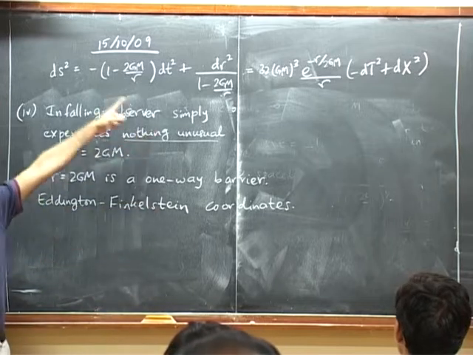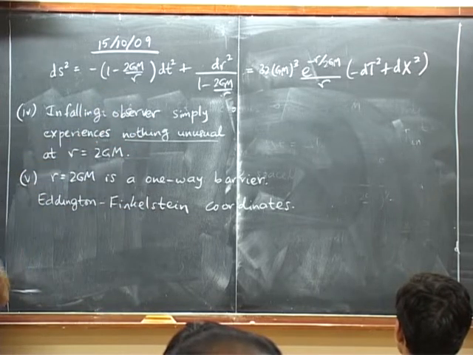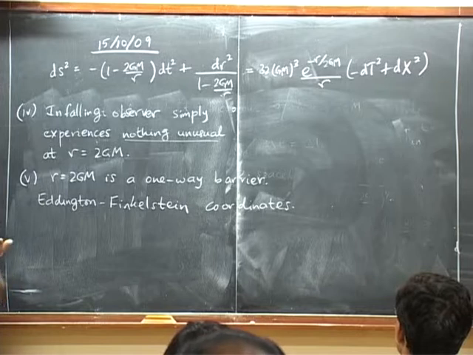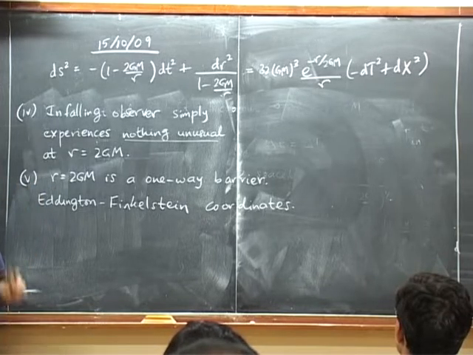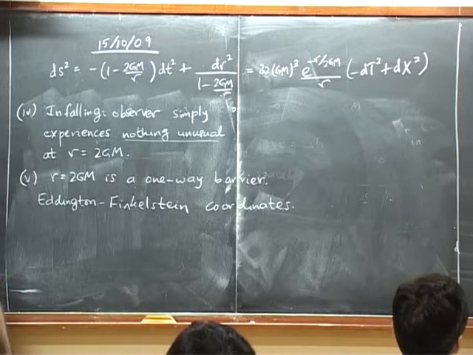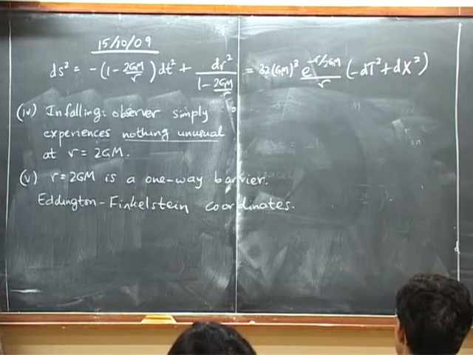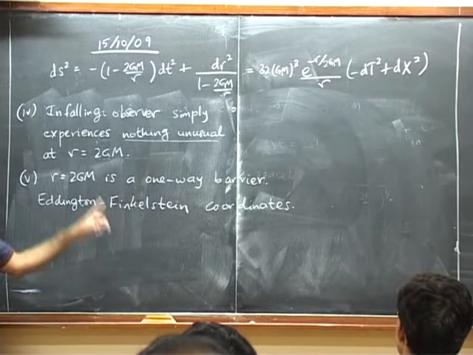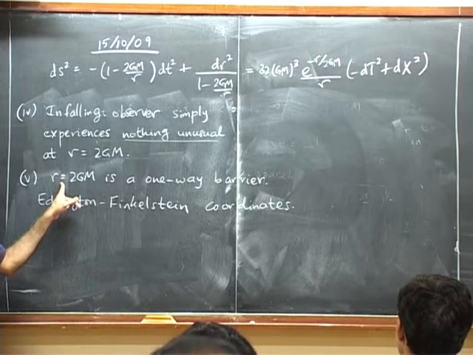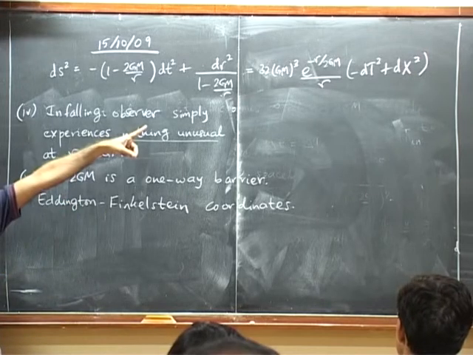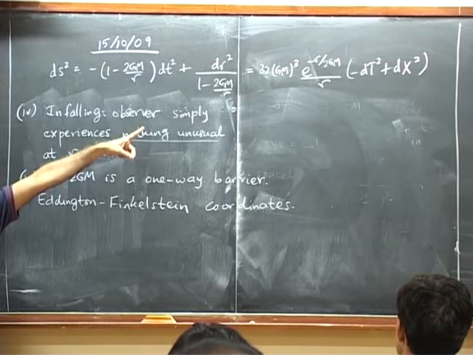To get to Kruskal, we actually eliminated R and T in terms of two null geodesic coordinates U and V. Then we exponentiated them to get some affine parameter like coordinate. But there were two coordinates, small u and small v. So the idea here is pick any of them, either small u or small v, and R. So R is an independent coordinate, unlike there where R is a dependent coordinate function of P and X.